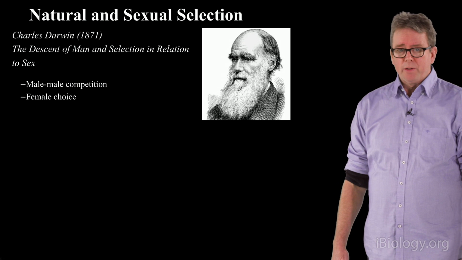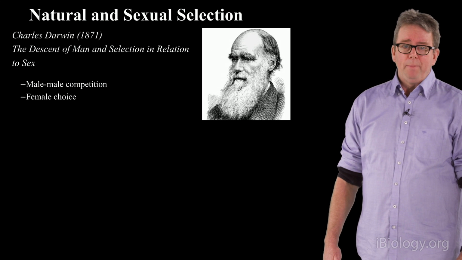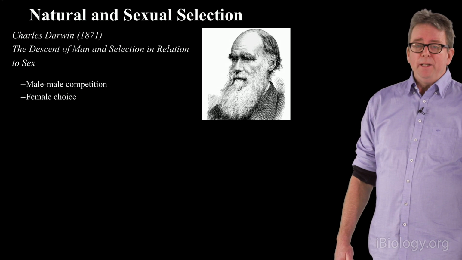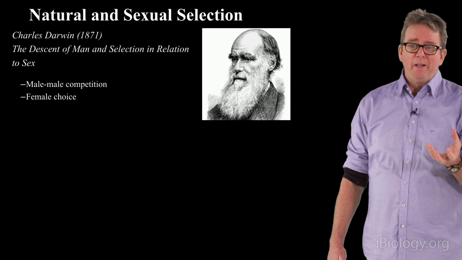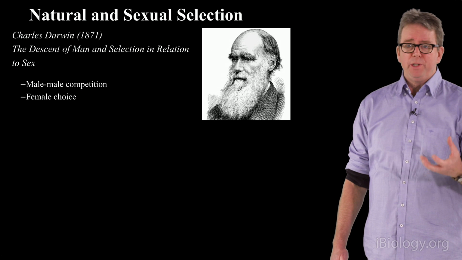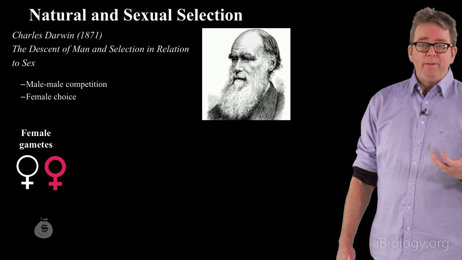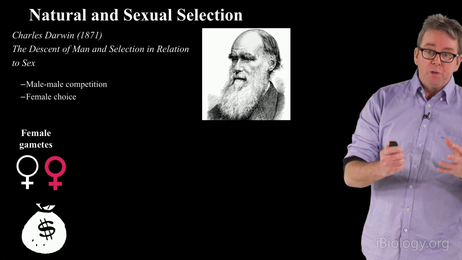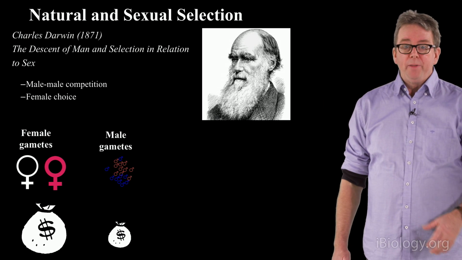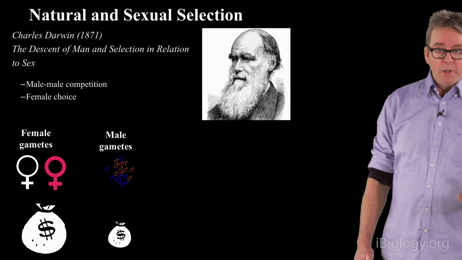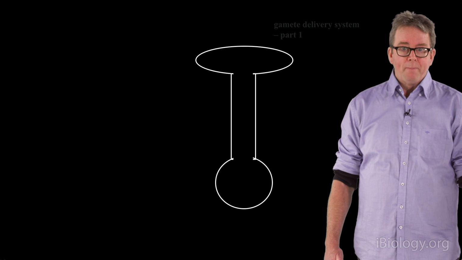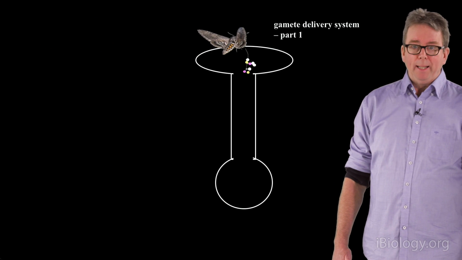And Darwin recognized this as sexual selection in a very important paper in 1871. He inferred from the basic principles of how we define male and female that sexual selection should be a very important evolutionary process. Simply because we defined females as being the ones that make the big, expensive, and few gametes, and we define males as the ones that make the many small, inexpensive gametes, there's going to be male-male competition and female choice, and there's going to be selection on males and females by the other sex. Now, let's think about mate choice in plants.